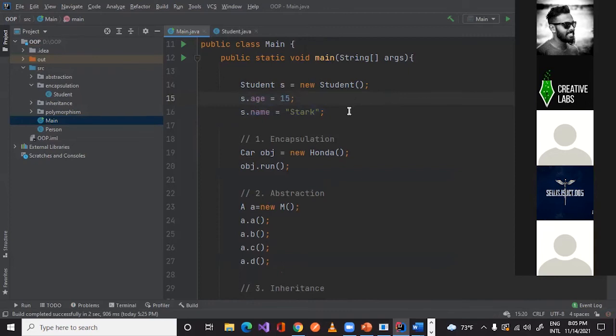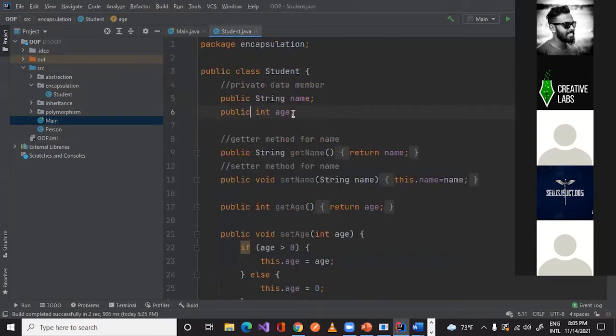Encapsulation is about avoiding this process. We should not allow others to modify this class directly using these data members. Are you clear about that? Understood, or shall I repeat again?